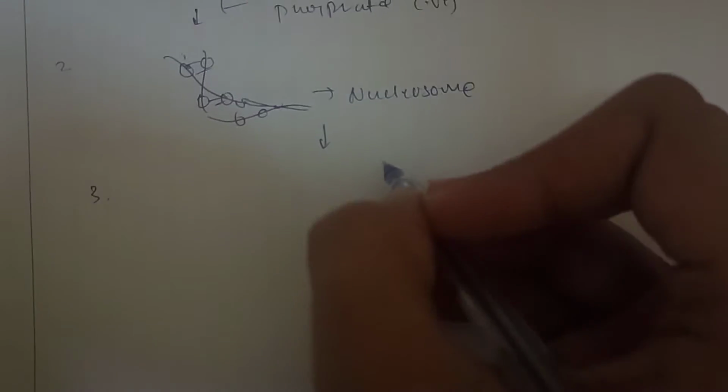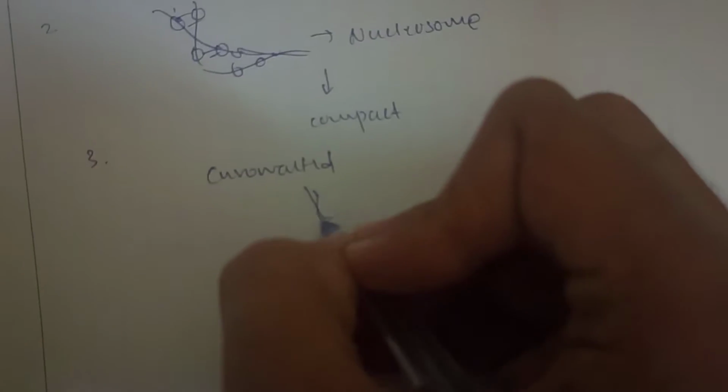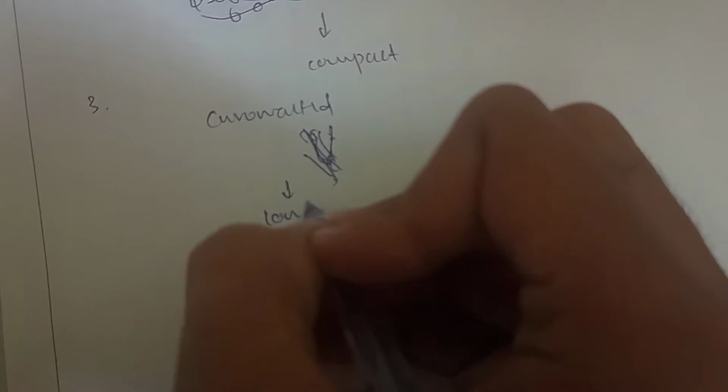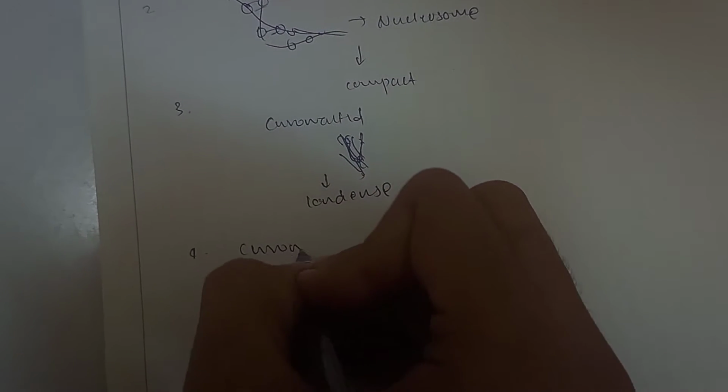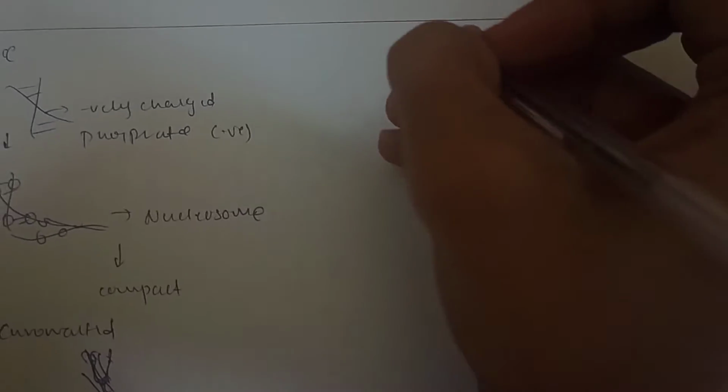Later all the histones will bind to it and make up a nucleosome, okay? These nucleosomes compact, and they'll form a chromatid. A chromatid will look like this, and this chromatid condenses, and they'll condense and form a chromosome, okay? It's a basic fundamental. So first you understand.